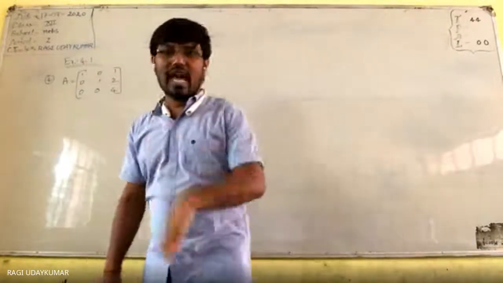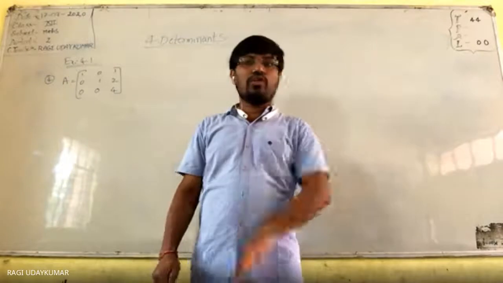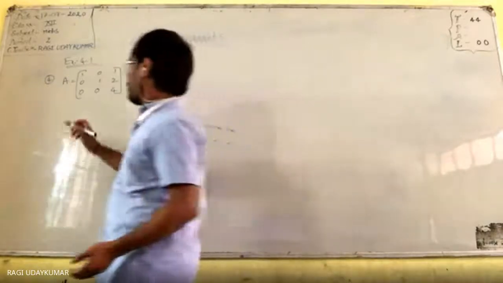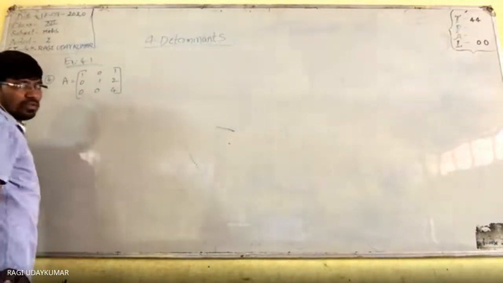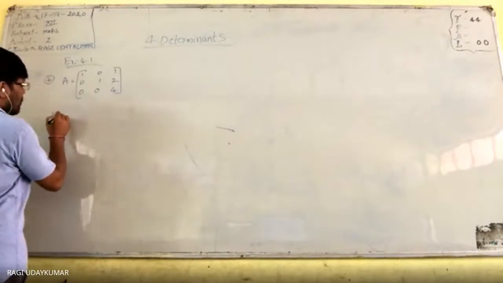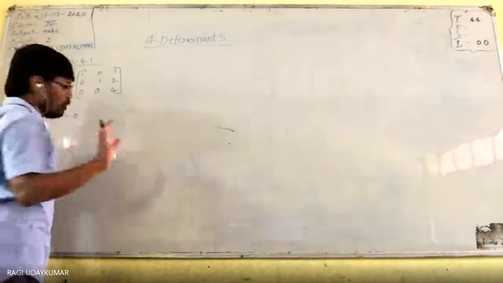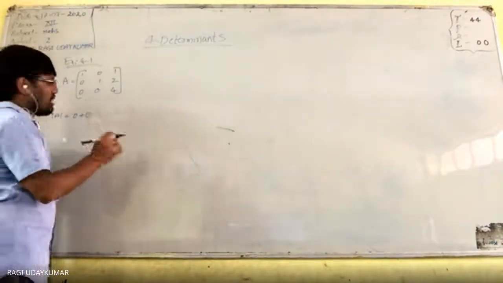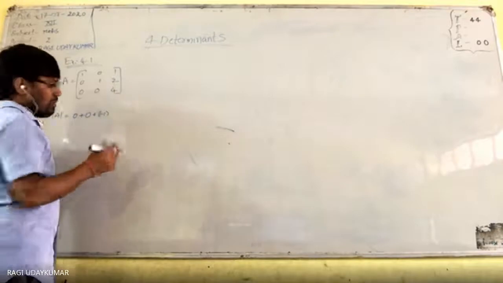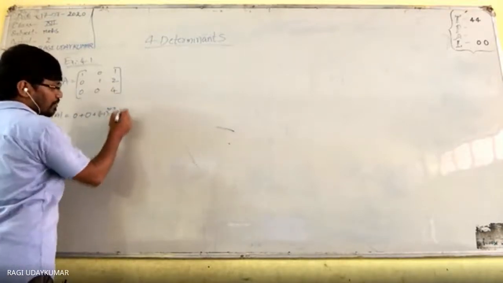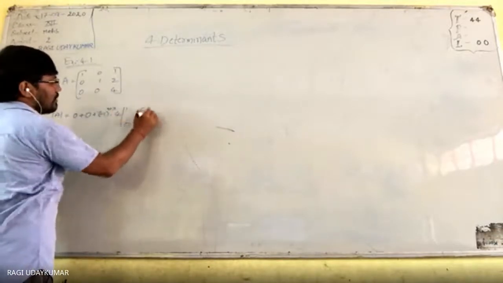Because 0, if you are having in that row or column, 0 into something 0 हो जाएगा. So easy. So suppose if you take here, expand along third row use करके expand करो. So it is an easy task to you. So determinant of the matrix means this one 0 into minus 1 to the power of position whatever it may be 0 हो जाएगा. ये इधर भी plus 0 हो जाएगा. Plus 4 minus 1 to the power of 3 plus 3, third row third column element 4 into determinant of the matrix by deleting this one, 1 0 0 1.